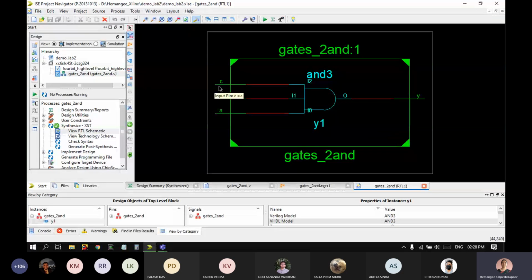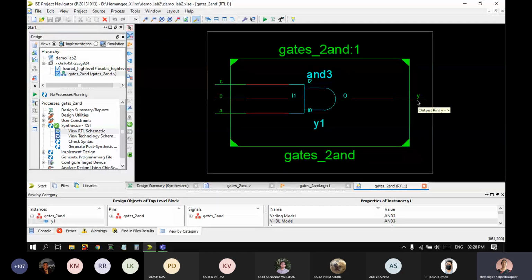In the previous design, this C was connected to a Y, B was also connected to a Y. So this AND gate was missing and there was a single wire. So all these 3 wires at the input were trying to merge into one wire, which is not allowed. That's why the previous way of programming was giving us a synthesis error, and this one could easily do that. So this part was synthesized properly.